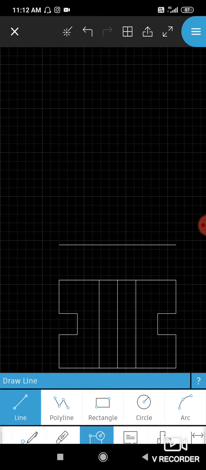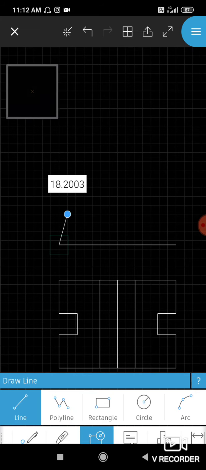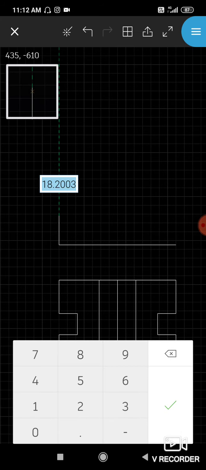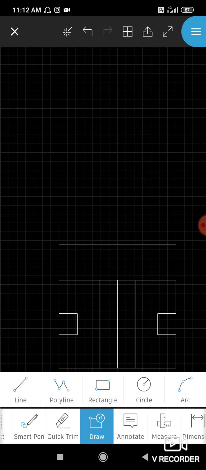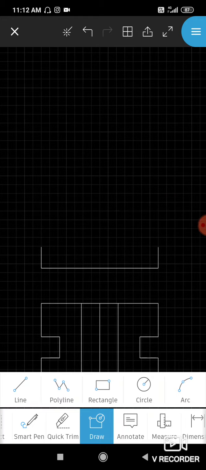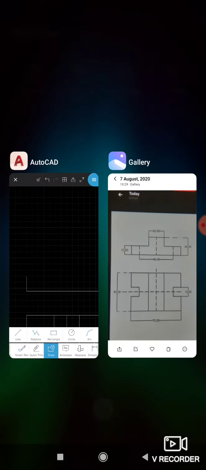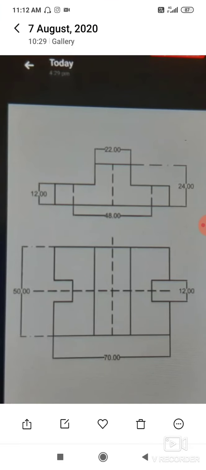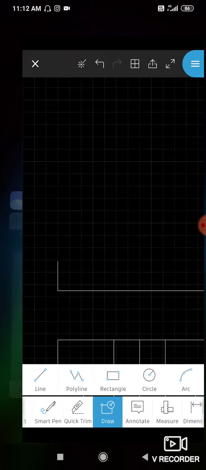Draw command, line 12 distance up, done. Again line command, 12 distance up, done. Now if you remove 22 from the overall 70, it will be 48. 48 means 24 and 24 you need to extend inwards.